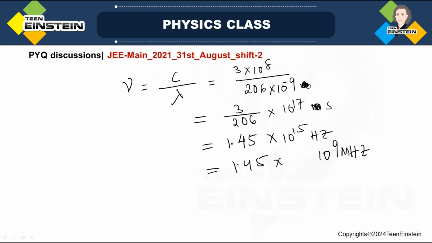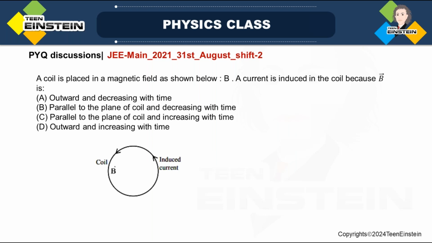Now we'll have an analytical question over here. A coil is placed in a magnetic field shown below. B is the magnetic field. A current is induced in the coil because B is